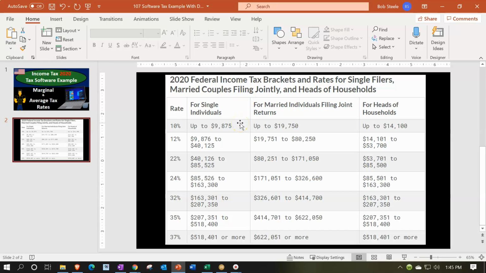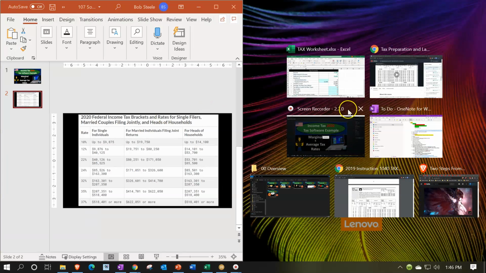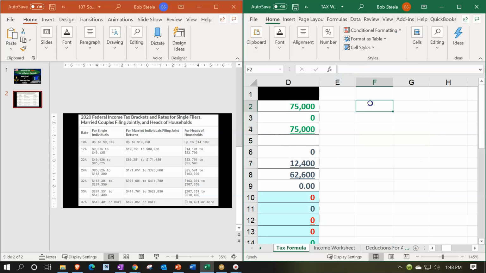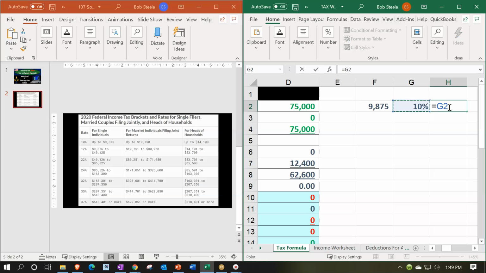We would be considering here a single individual. So we'd have to tier this off if we entered this, say, in Excel. We'd say, okay, everything up to that 9,875 is going to be taxed at the 0.10, and I'll make this column a percentage. Then if I multiply that out, those first dollars are going to be taxed at this times the 10%. And then everything above that, stopping at the 40,125,